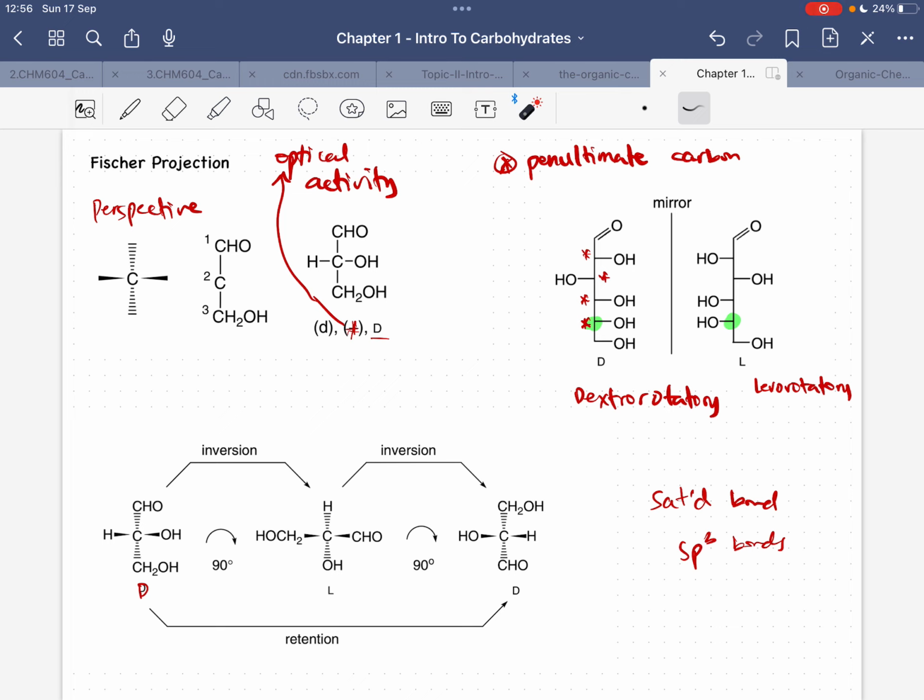So, i-rotate mo siya 90 degrees, na 90 degrees ang rotation. May mo siyang L configuration. And kung i-rotate pagid siya nimo further 90 degrees, mahimo siyang D configuration again, this one. So retention is equal to double inversion. Kailangan nimo siya i-doubly invert aron makabalik ka sa original nga configuration sa imong sugar, no?